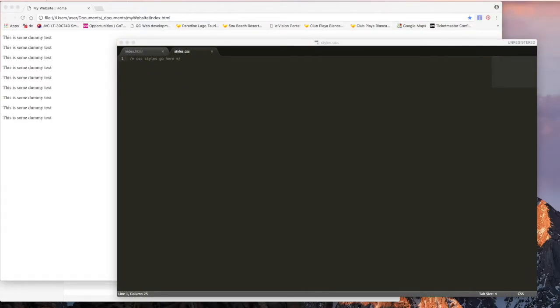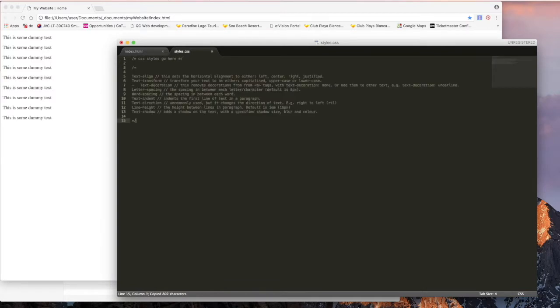Okay, so now we're going to look at text in CSS. There are many properties that can be applied to text, and these include text align. This sets the horizontal alignment to either be left, center, or right, or justified. Text transform. So you can transform your text or force your text to be either capitalized, uppercase, or lowercase, depending